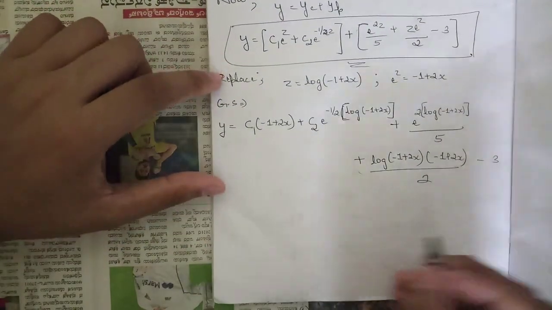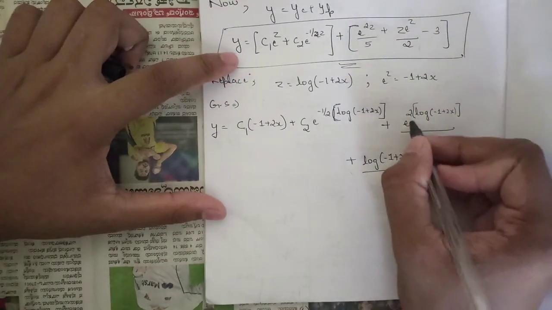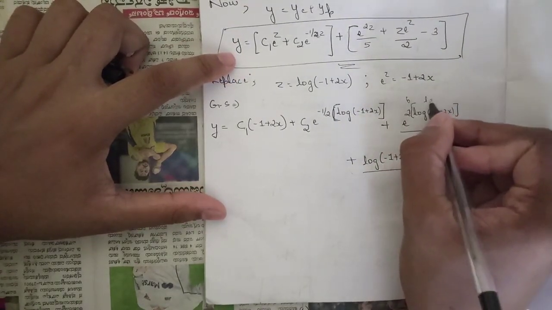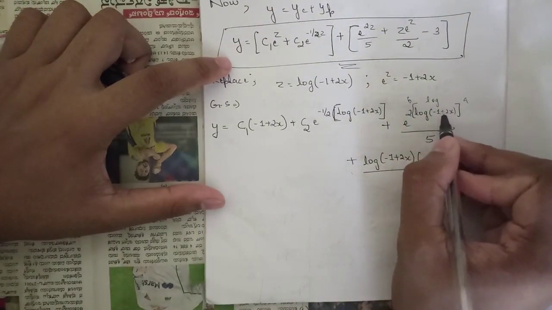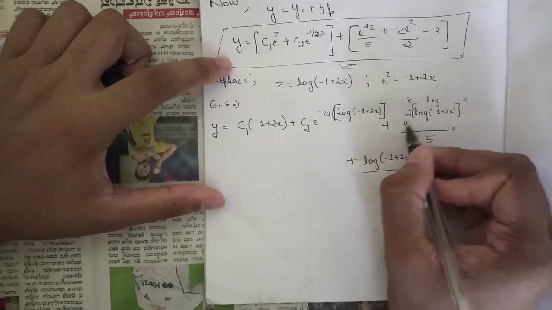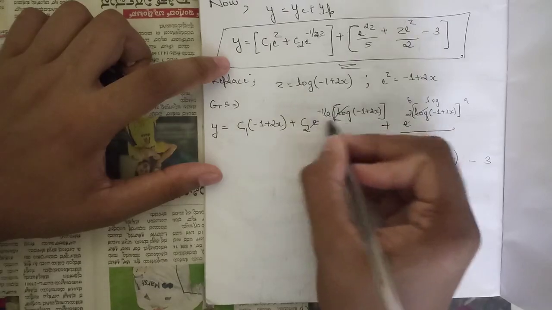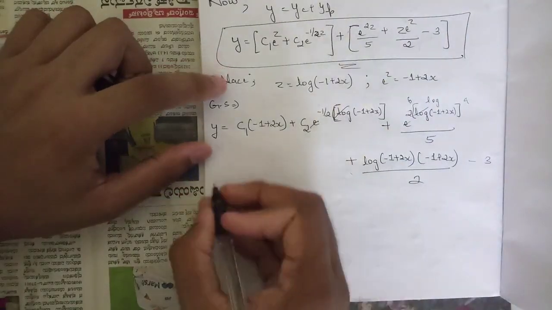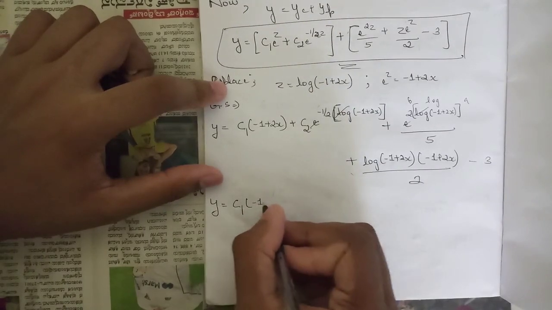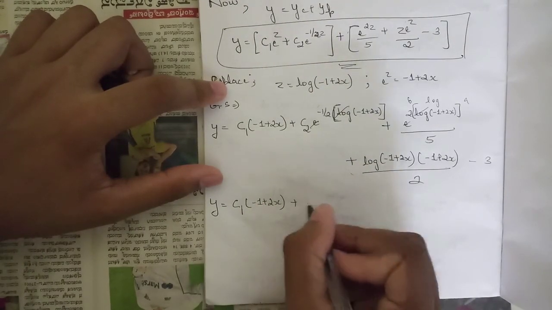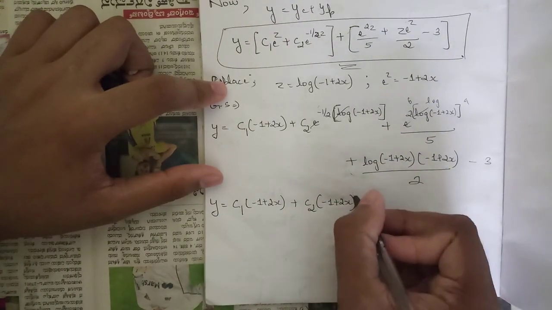Okay, so now we can cancel a few terms here. Here we cannot cancel directly, but we can use the formula b log a. So this would be log of minus 1 plus 2x the whole square, so we can cancel e and log here. So here also we can cancel e and log, and this power would be the power of this term. Okay, so now y is equal to c1 into minus 1 plus 2x plus c2 into minus 1 plus 2x to the power of minus